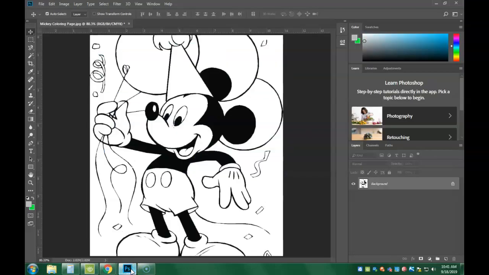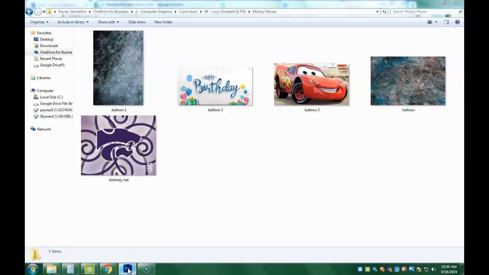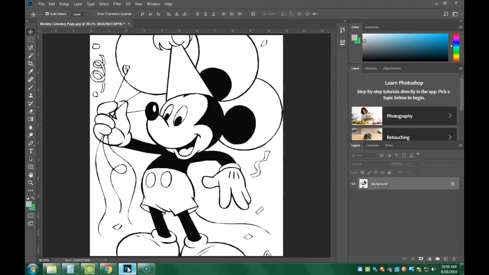So you should have this image open. Hope I didn't mess something up. Okay, so once you've saved those 4 images, you're back here on your Mickey Mouse, and let's go ahead and